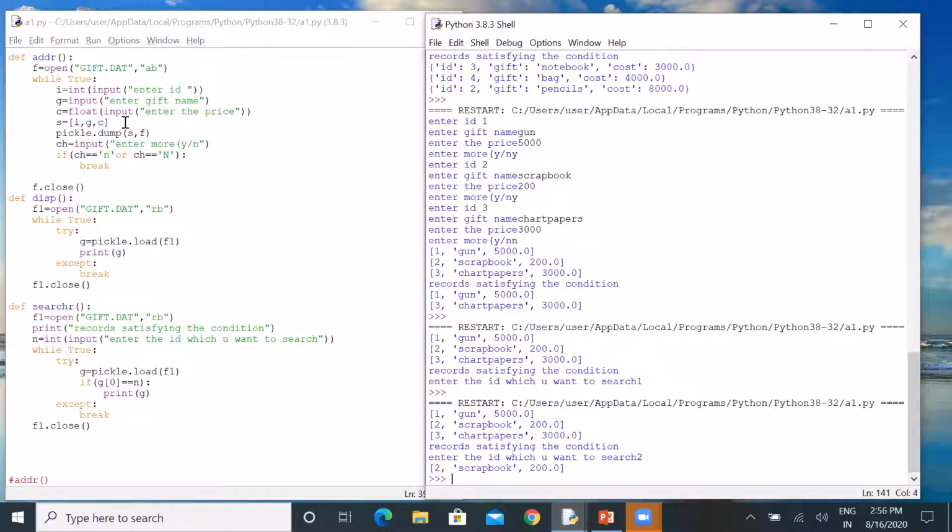You just have to take care of the index value when you are performing the operation through the dictionary, and if you are performing the